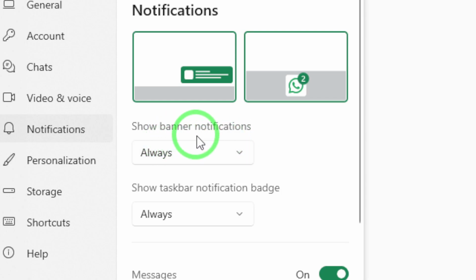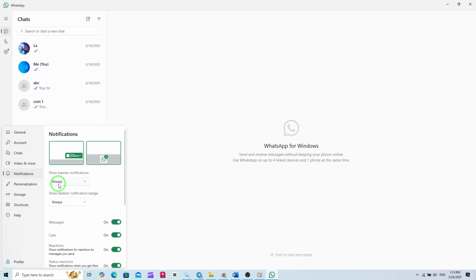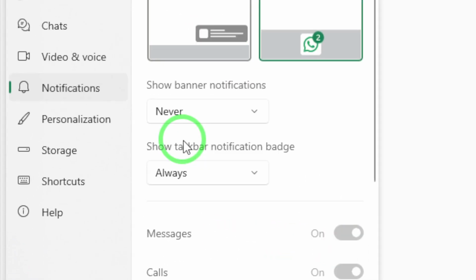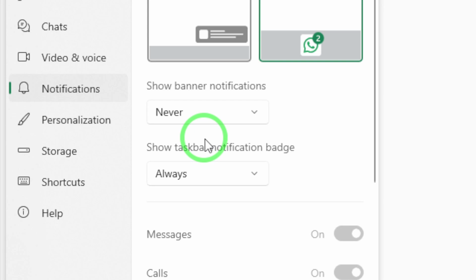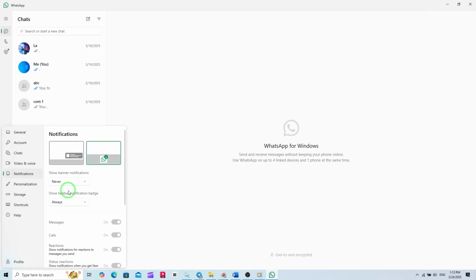By default, it's usually set to Always, which means you'll see notifications even when the app is closed. To hide these banner notifications, simply click on the drop-down menu next to Show Banner Notifications and select Never. It's that easy. Once you've made this change, WhatsApp will no longer display those potentially disruptive or embarrassing message previews